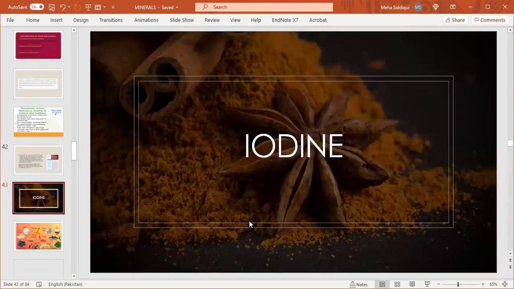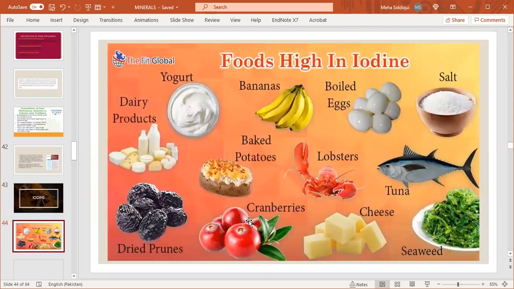Now, our next mineral is iodine. These are the foods that are high in iodine: yogurt, banana, boiled eggs, salt, lobsters, baked potatoes, dairy products, dried prunes, cranberries, cheese, tuna, fish, and